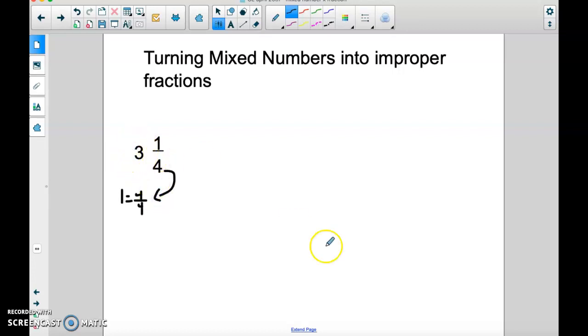So if I have 3 wholes, that means I'd have 4/4 plus 4/4 plus 4/4. Oh, not 1/4, 4/4. So there are my 3 wholes. But I have this extra 1/4 that I have to add on. So 3 and 1/4 as an improper fraction would be 4, 8, 12, 13